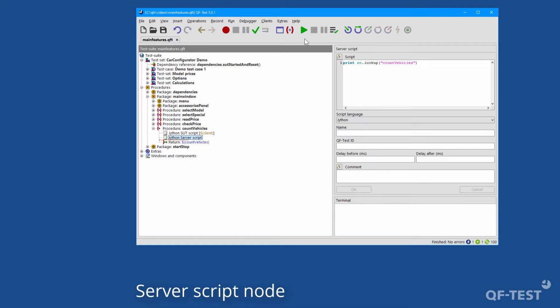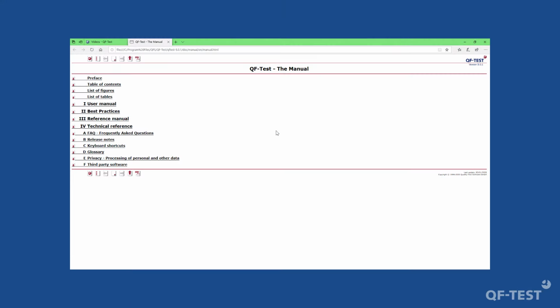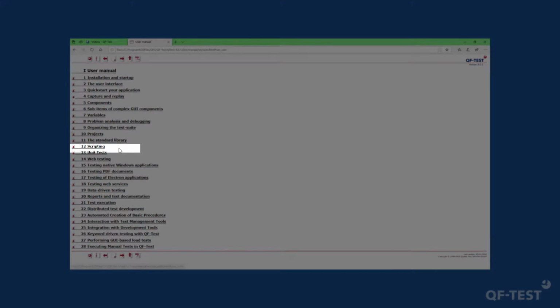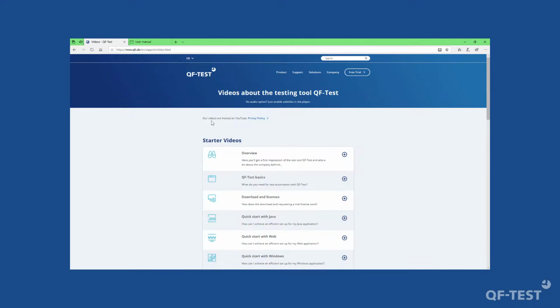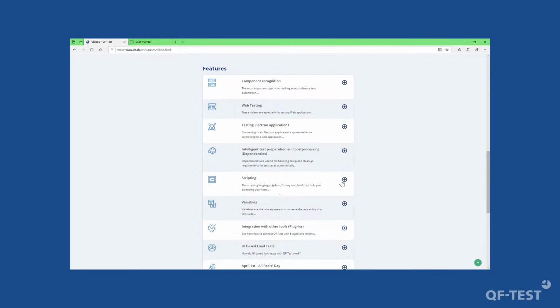How to use scripting and script nodes in your tests is extensively documented in the manual, in the chapter scripting, and of course you will find demo videos showing how to implement such a script in the video section in the features area in the scripting part.